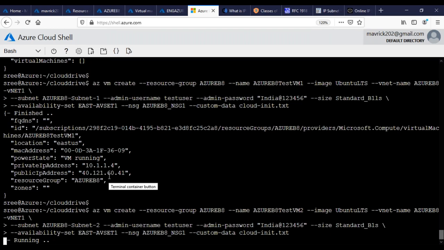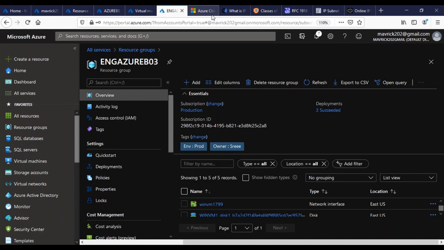Sometimes when you need to practice a load balancer or traffic manager or firewall, you might need to deploy multiple resource groups or multiple VNets and everything. During that time, it's very hard to do it again and again for you guys to practice. So you need to use this CloudShell to make it very easy. Once you get the hang of it, don't think these commands are very tough actually. If you do it 5-6 times, it is done. I'm telling you, you really don't touch the portal actually. You try to do everything through the command line.